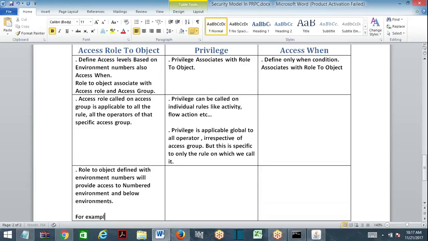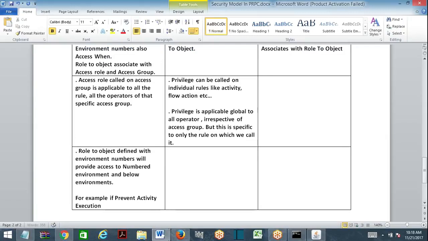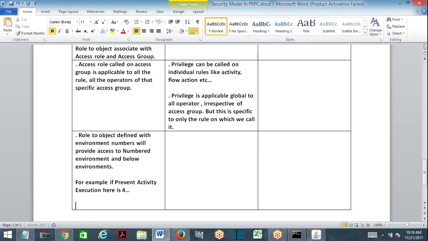For example, if prevent activity execution here is 4, what happens?